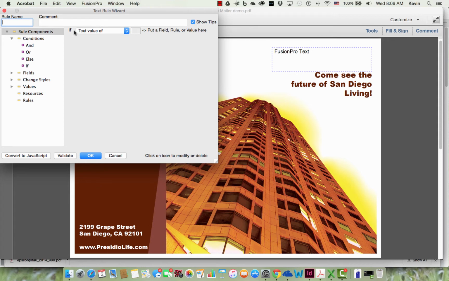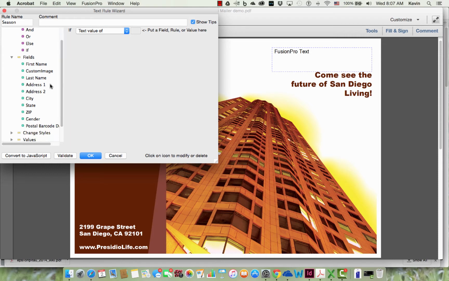So you can see that we've got to give it a name here. We'll call it season. And we just need to build out an argument. And it's all done through drag and drop things. And so we're going to say if the text value of, and then we'll bump out our fields here and say gender. We'll drag that up here. And say is